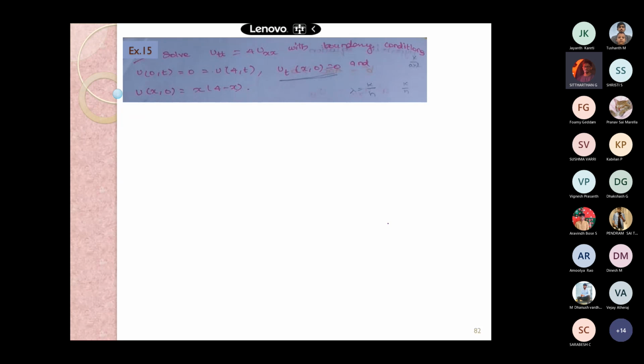Yes, good. We'll solve the problem in the hyperbolic equation. We need to remember that the upper point is the unknown. We need to find the points with these three: 1, 2, and 3. For getting the results for the first time row, we need to get the data from the left and right and take the average of that too. Hope that is clear. Solve UTT is equal to 4 into UXX.